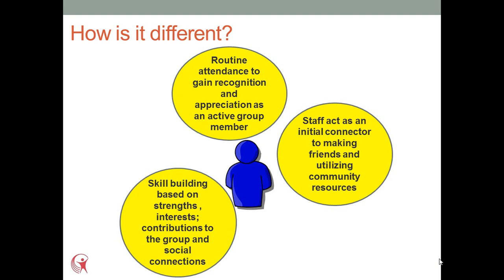You're going to see two very short video clips here. One is an individual, Preston, at the bowling alley, and the other is Michelle, an individual who's at the restaurant. What's significant in these is that each of them is speaking for themselves, doing for themselves, and staff are nowhere in the picture. So sometimes we just have to hang back and wait a little bit. Just look at these clips as possibilities for the folks that you work with too.